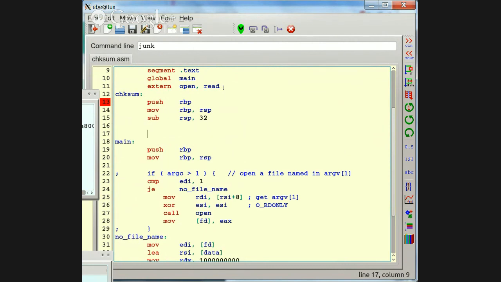Now, the number of bytes that we've read is not too handy as is, because I want to work on it in quad words. So I'd like to put zeros after the number of bytes to fill out a whole number of quad words. So how many quad words is it? All right, RSI has the number of bytes. Let's see, how do we translate a number that's not a multiple of 8 into a multiple of 8 that's rounded up?